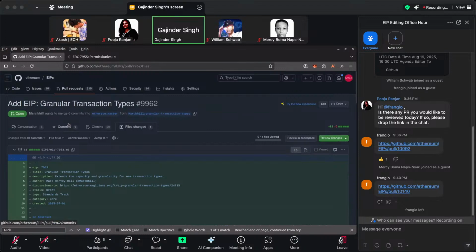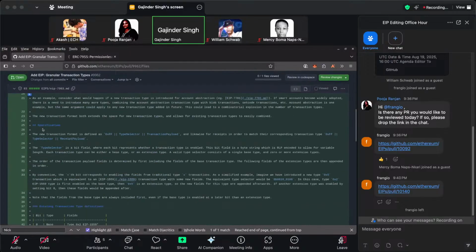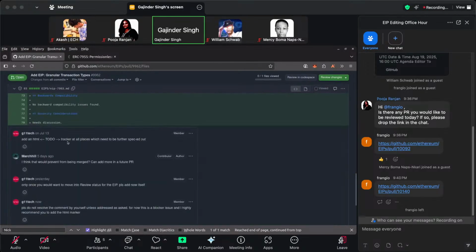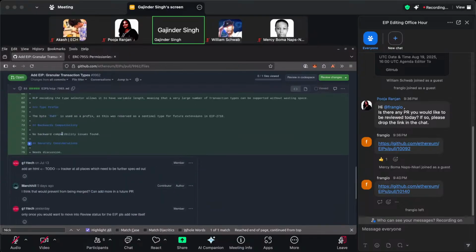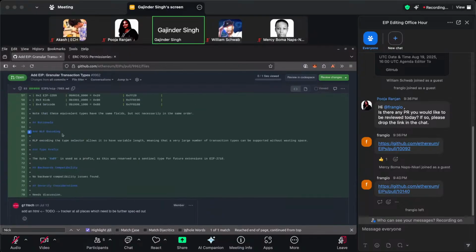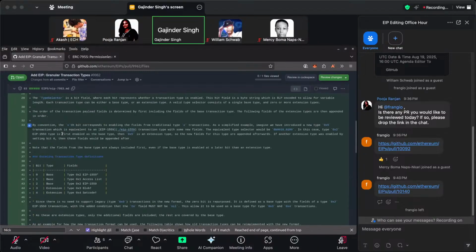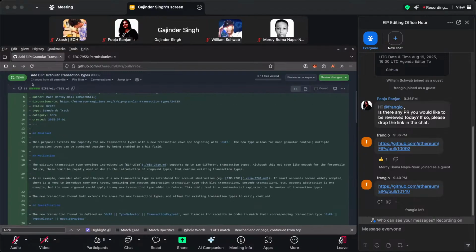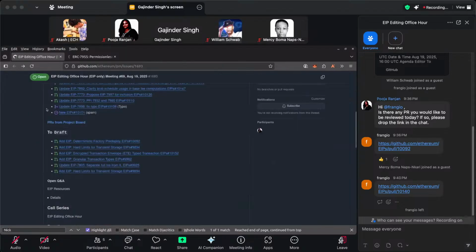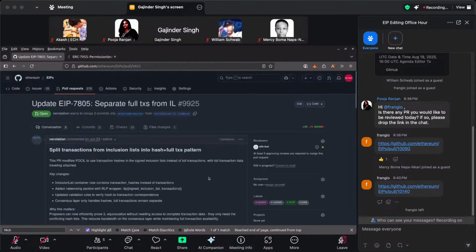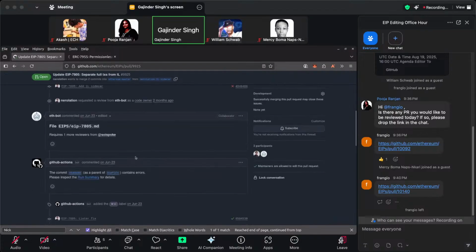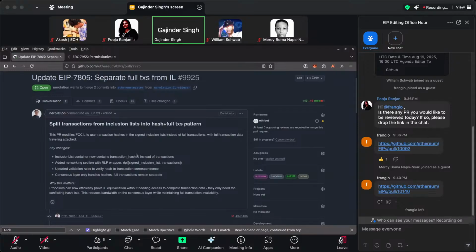So we have a blocker issue with this particular EIP draft. And once the author resolves it and adds the marker, we will then take the reviewing forward. Cool. Yeah, I think this is a technical change, so the author will need to review and merge the PR.